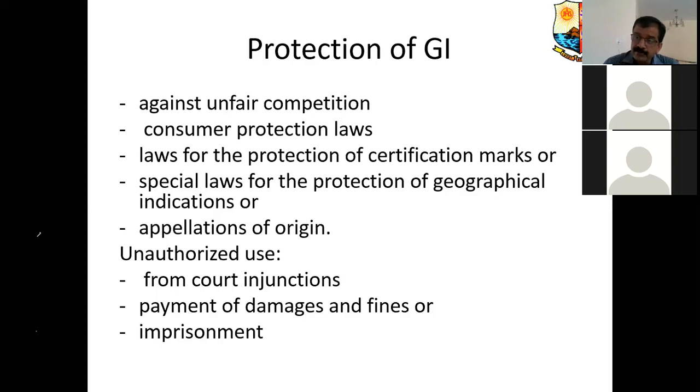In serious issues, if the malfunctioning or mistake done by the person is of a serious kind, then the person can also be imprisoned. The court can imprison the person who violates the GI tag. Therefore, there is very good protection from the law point of view for items which are GIs.